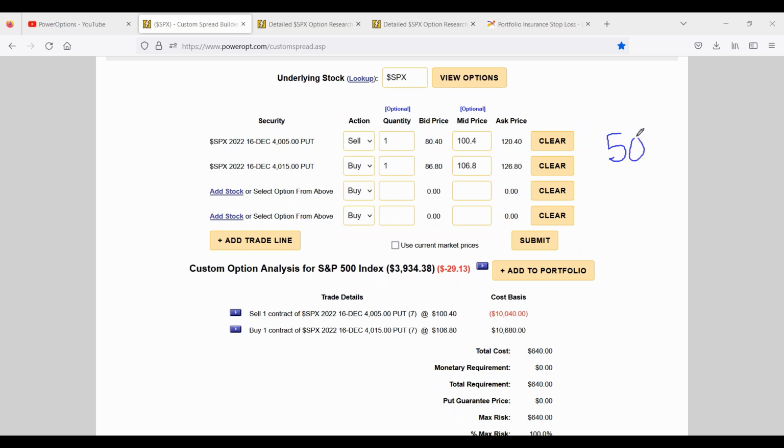bid-ask spread. What do I mean by that? The bid-ask spread is 40 points against a bid of 80. The difference is 50% of the bid price. There's no way I could expect to be guaranteed to get the midpoint price on this. Whereas we saw in the bear call, the out-of-the-money calls, the bid-ask spread was very reasonable. Deep in the money options that give you that 70, 75, 80% probability like to see, even on common stocks,